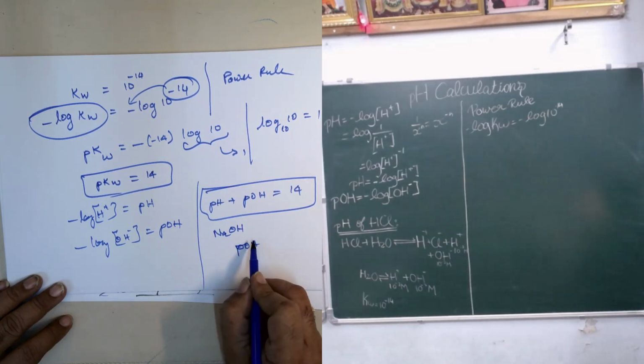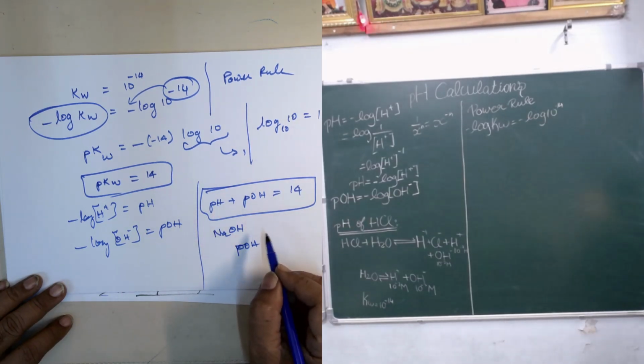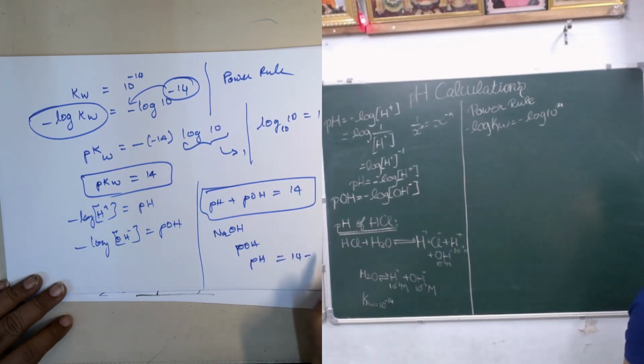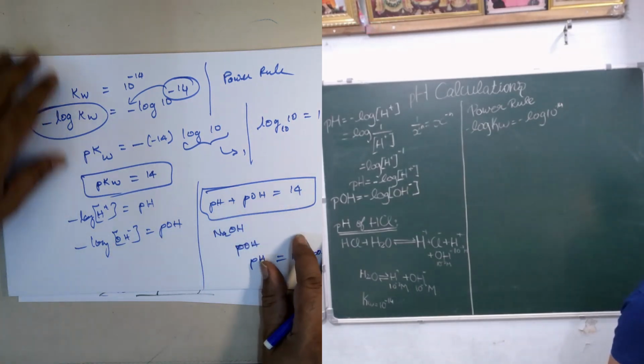So you cannot stop with that because you are asked to find out pH. So in that case, what you are supposed to do? pH is equal to 14 minus how much? pOH. So that is the pH. And you should know the